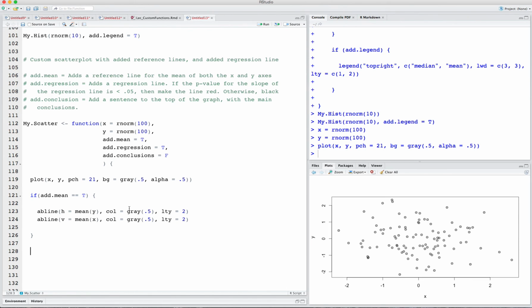Next one's going to be a bit trickier, adding regression, but not too hard. So if add regression is true, then what we want to do is, actually, you know what? Do I want to start with the regression or do I want to start with the conclusions? No, I think I want to start with the conclusions. So if add conclusions